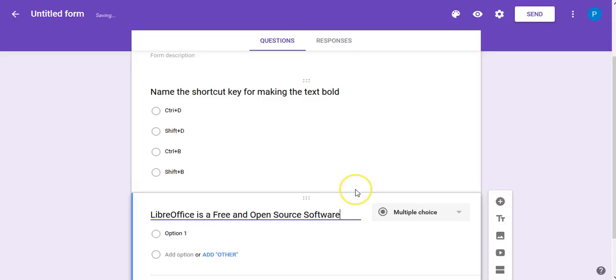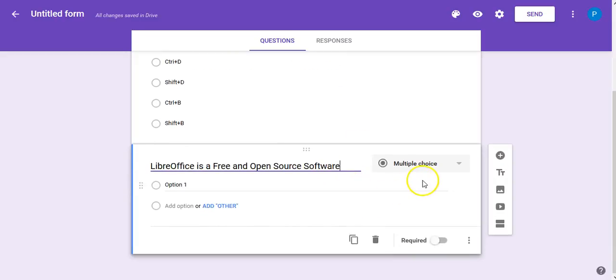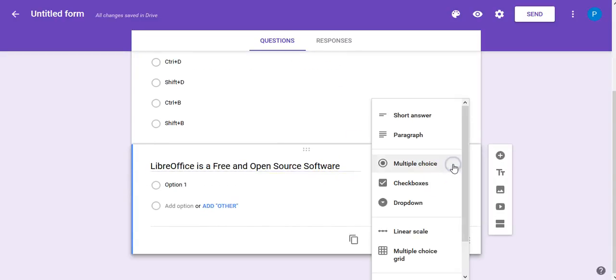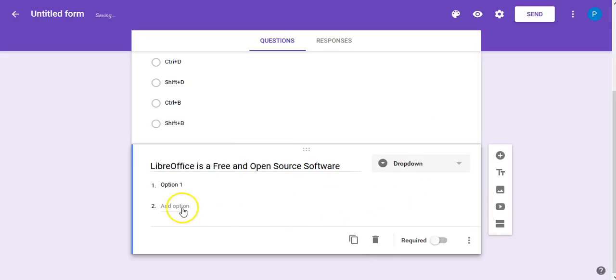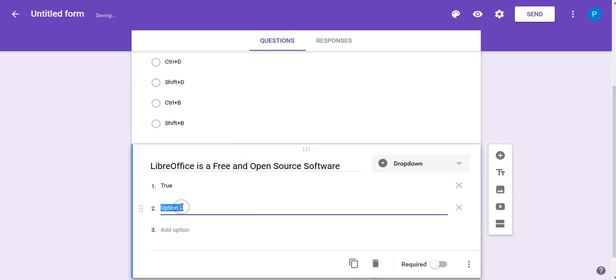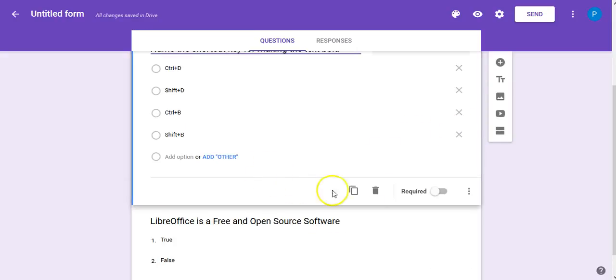Fine. Okay, now I want to make this question a true or false question. So what I do is that I use the drop down option, and the first option which I give is true. The second option I give is false. Okay, now